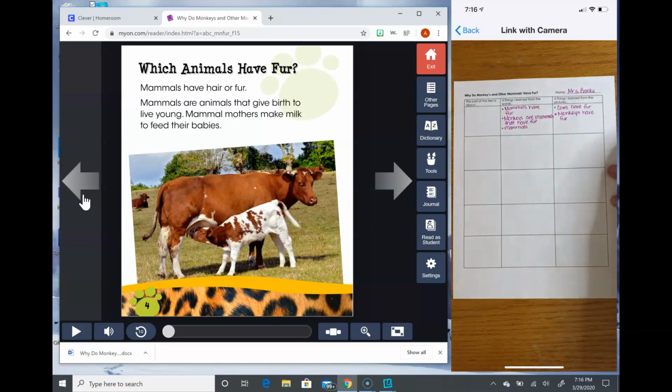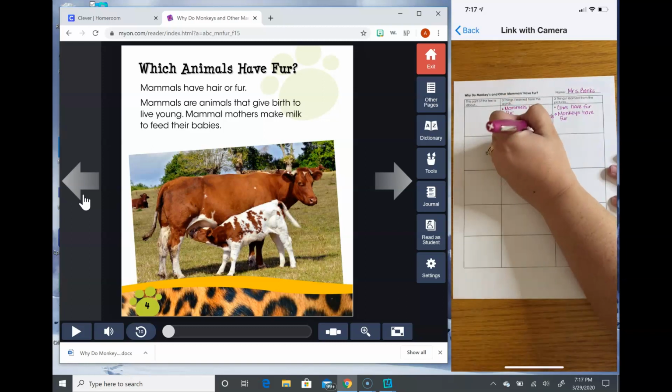You know what? I am not going to write every single word here. Let's see how I can make this make more sense to me. Mammals are animals that give birth to live young. Mammal mothers make milk to feed their babies. So mammals give birth